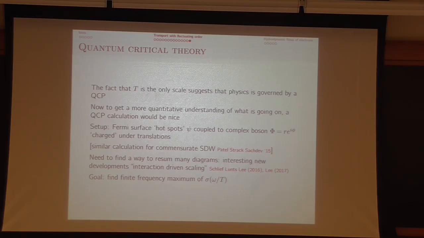There's a joke. People say that people in this field always have an expansion, and an expansion needs a small parameter for choosing the diagrams. That small parameter is 1 over the number of diagrams that you summed, so that all expansions are good. But yeah, basically you need to find a way to resum a lot of diagrams in these theories.